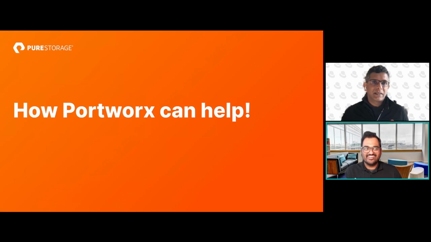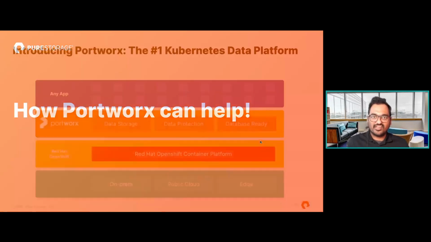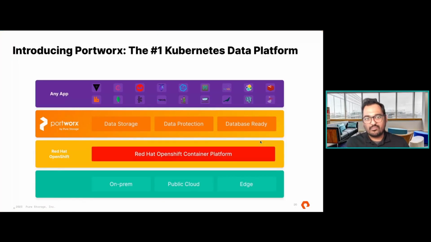Thank you, Mayur. Okay, so Mayur covered the compute pieces and all the CI/CD pipeline pieces, but how can Portworx help, right? How can we provide that Kubernetes or OpenShift data management platform that allows you to run your containerized applications, if you have them, and your virtual machine-based applications side by side on the same infrastructure stack? So before we talk about all the features that Portworx brings to the table,